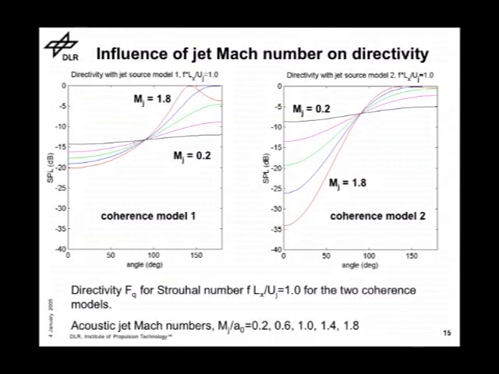And interesting, now a comparison between this source model and the other one. This is the source model 2, and you see that the source model you introduce makes a big difference. In this case, we have now about 20 dB between maximum and minimum, and here we get 35 dB. So here, the kind of source model you introduce has a big influence on the radiation efficiency as a function of angle. So, but you can deduce that the interference alone explains directivity.